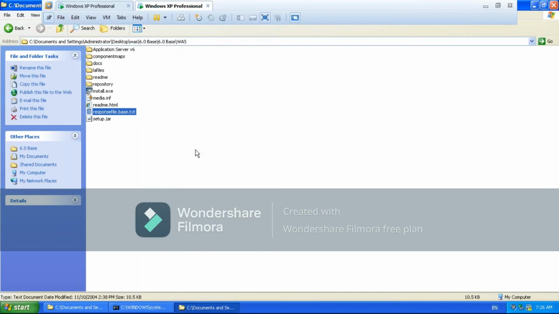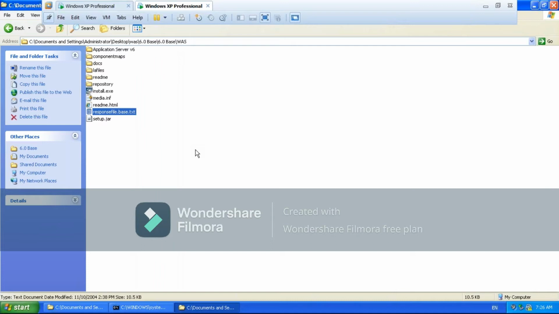How it will happen with the lower versions, 6 and 6.1 up to 7, it will be in the same way. From 7 it will change. I will tell you version by version, once the picture comes, how it is done. But one thing to remember: every version, whether it is 6, 7, 8 or 9, if you want to do a silent installation, the response file is the key factor which will do everything. But the style may be different from version to version.